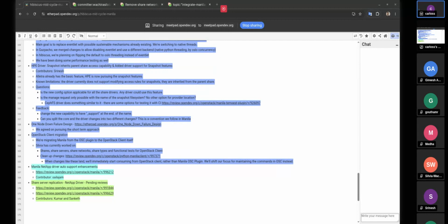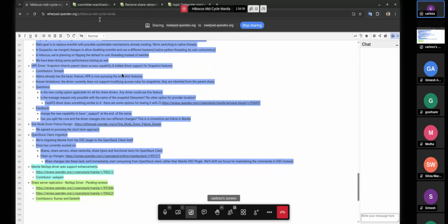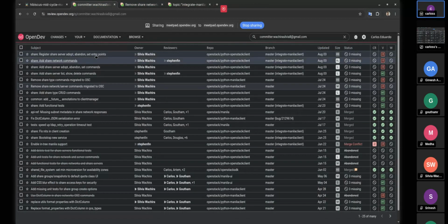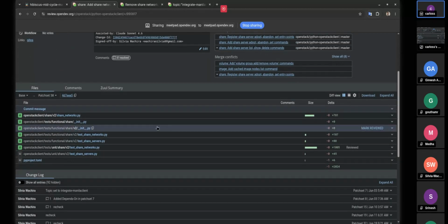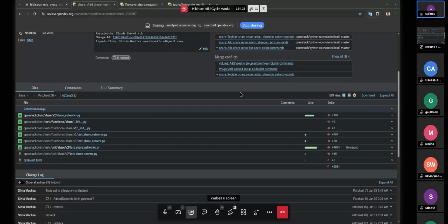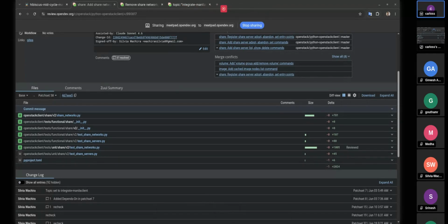And yeah, I think I pulled up also a couple of changes here from what these migrations look like, right? You mentioned you started proposing some changes for everything, and then what does it mean for Manila? I think, as you've already mentioned, as soon as we migrate, there's no reason why we should maintain the same code in two different repositories.